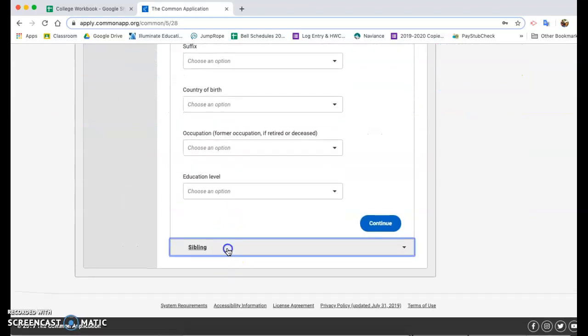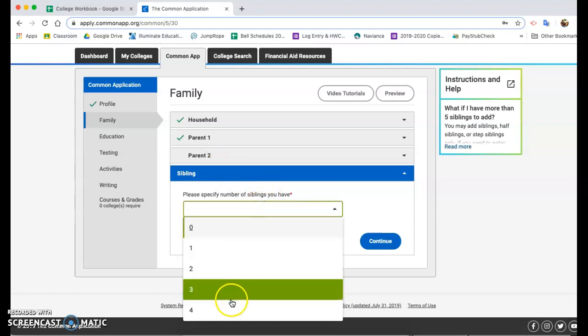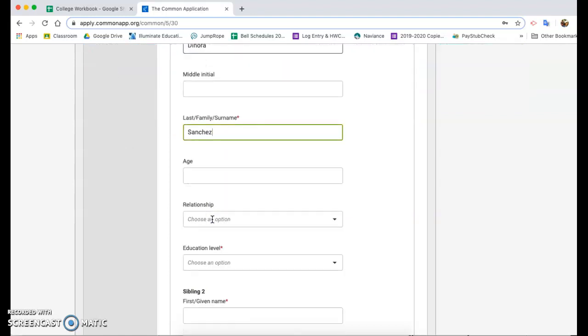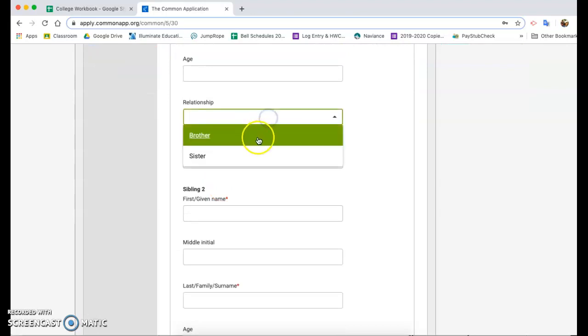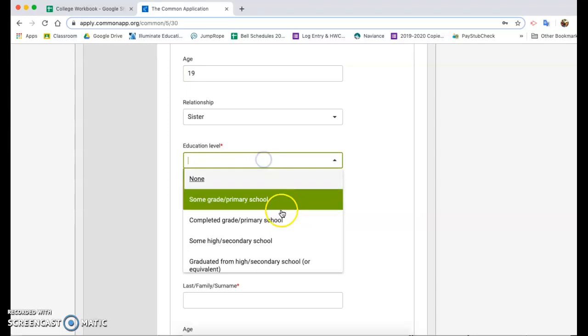You can move through these sections, so if you need to jump between one section and the other, that's fine. You just won't get a little green check mark for it. Siblings, please report all the siblings that you have. So for example, your relationship to them,